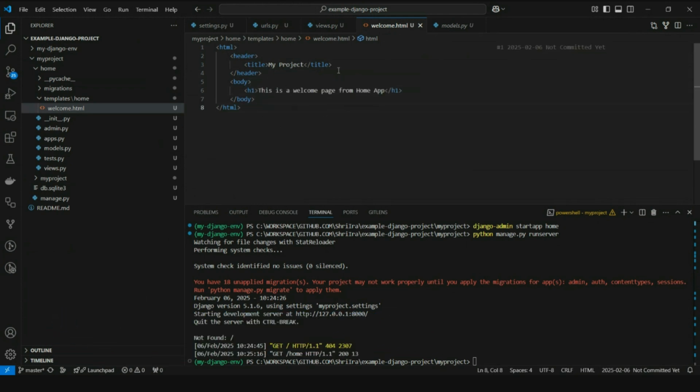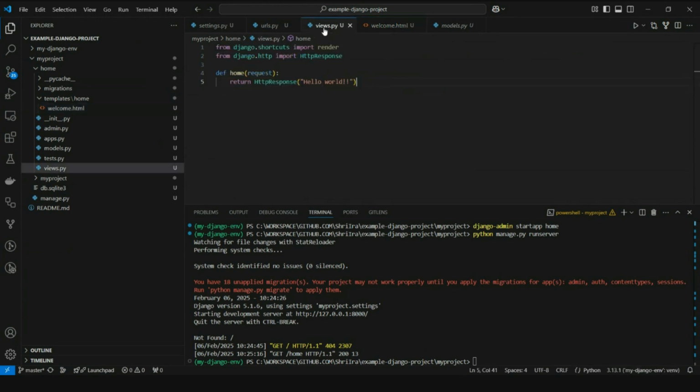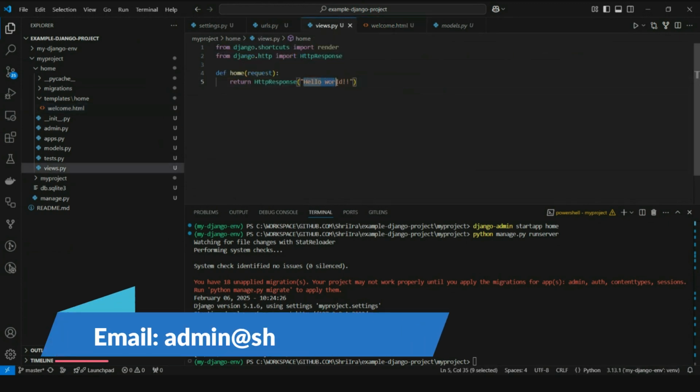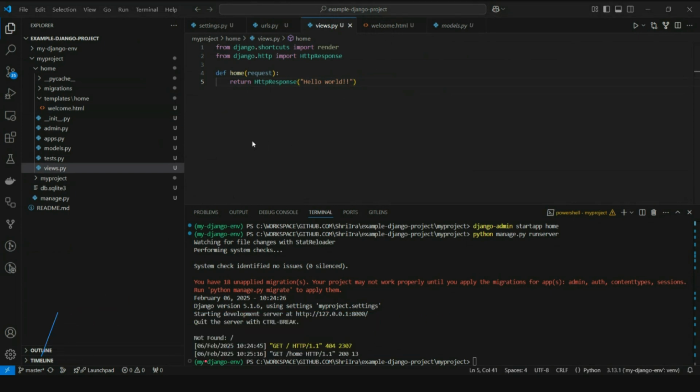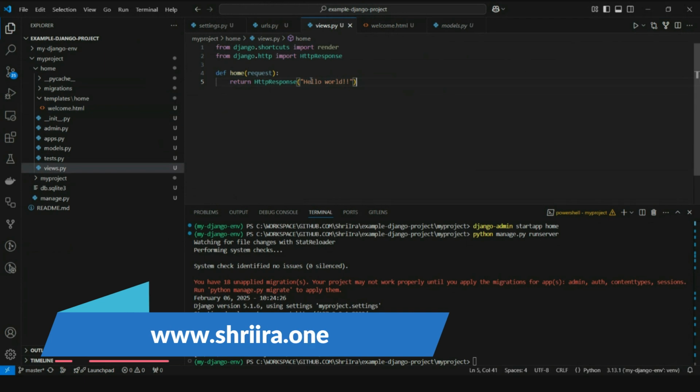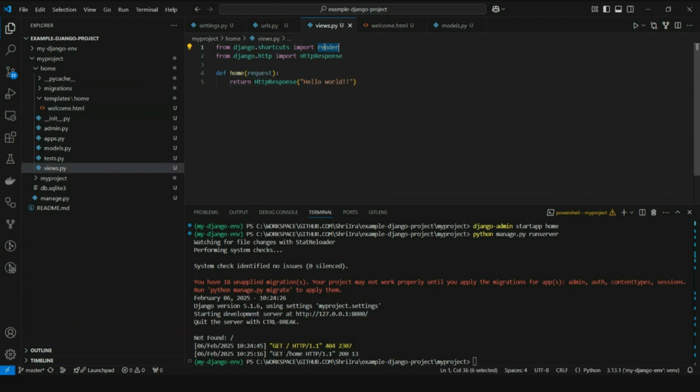So how do I render this welcome.html from this view? Instead of sending plain text, I want to use this welcome.html page. For that, I need to import this render. Render is a utility function for rendering the application templates. So instead of using this, I'll just return